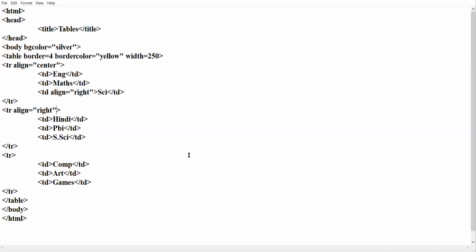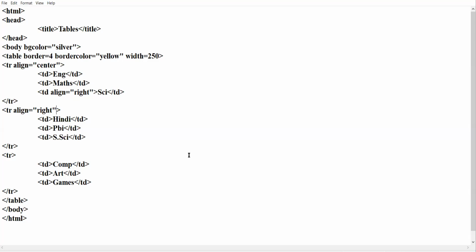The topmost row where days were written, Monday, Tuesday, Wednesday, that appears to be more bold as compared to other rows, because that was the header row.